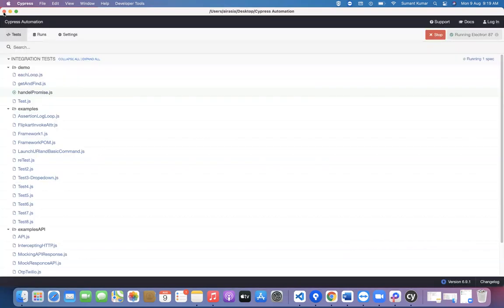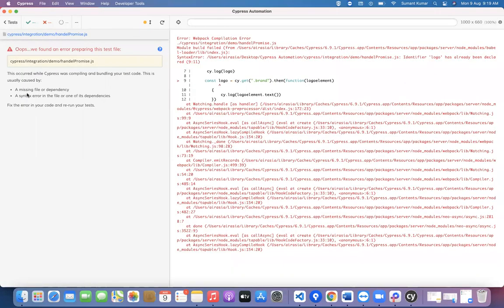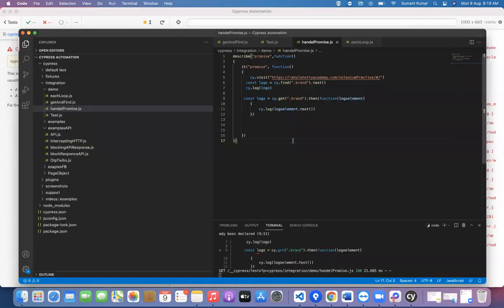Let me close this runner again. This occurs when Cypress is compiling and building the test case. This is usually caused by a missing file or dependency. If I comment this line,